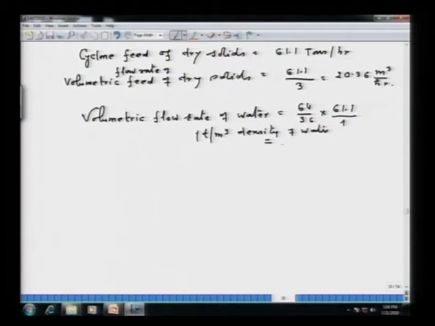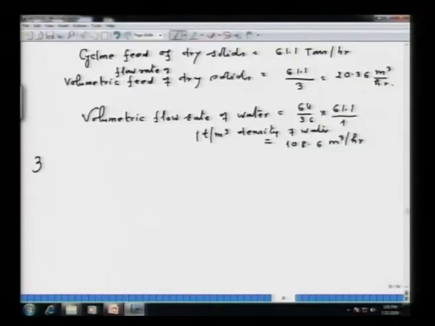So, volumetric flow rate will come to 108.6 meter cube per hour. So, you see, what all these problems in fact require is a clear-cut idea of mass balance. You have to see from where the mass is entering and from where the mass is going out. You have to account for the mass entry from all sources. For example, in this particular problem, the cyclone feed was having rod mill plus ball mill. So, these things are to be kept in mind while solving this particular problem.